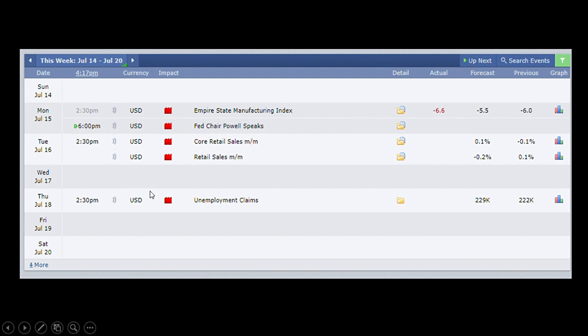It will give you insight into what you are looking for on a specific day, week, month, whatever range you want to use. So like we have unemployment rates on Thursday around 14:30 Zambian time. So the USD will have unemployment claims, and the previous was 222k, then we have 229k as the forecast. So we'll be anticipating certain figures on that day and will make informed decisions based on how the numbers come out.